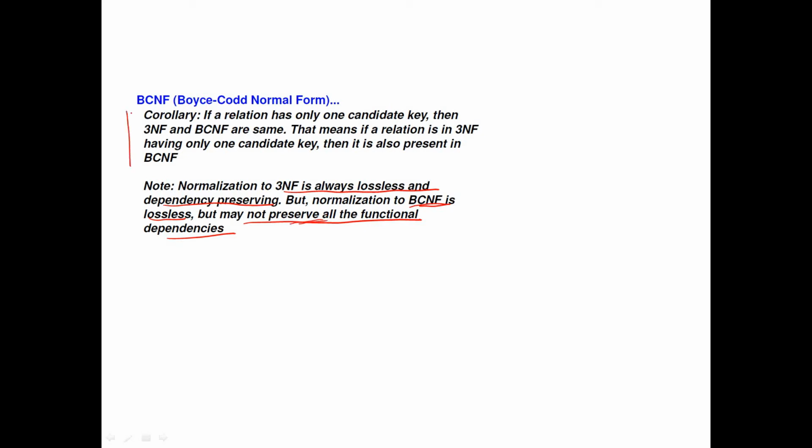Okay, one corollary, let us try to understand. We have understood 3NF, then we are going for BCNF. This situation will arise when the overlapping key concept is coming. If the overlapping key concept is not there, if only a single candidate key is there, then 3NF and BCNF are the same, right? So if a single candidate key is there, I can say 3NF and BCNF are the same. If overlapping keys are there, then we will go for checking for BCNF. Okay,